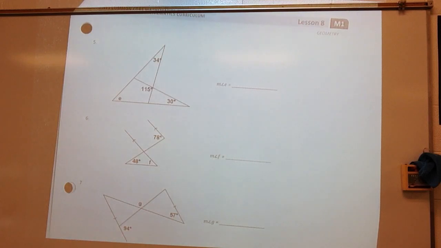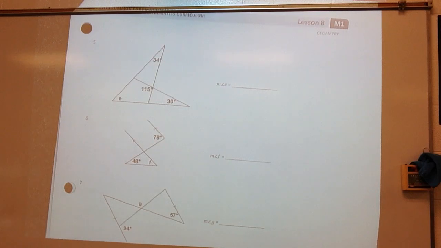I can look at the sum of angles in a triangle. I don't know the easiest way for me to start this one for you. This is a multi-step problem,